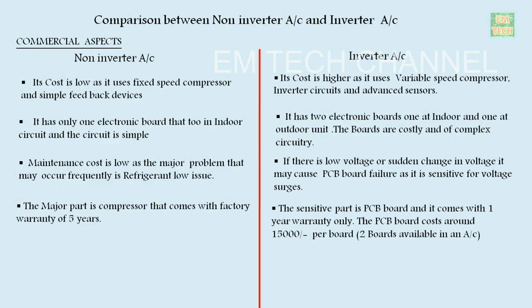Remember, an inverter AC has two PCB boards, and also read the warranty eligibility terms for PCB boards as the manufacturer may deny the warranty saying the PCB board went faulty due to improper air or pulsating voltage etc. So read the warranty documents thoroughly and carefully. Do take care and read the warranty terms fully.